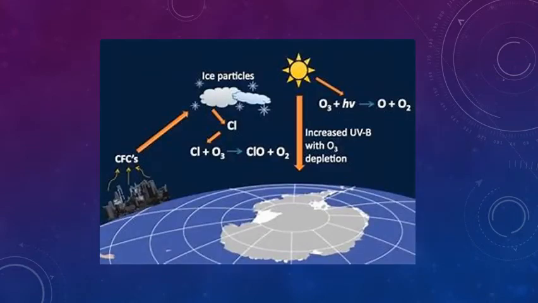Now, children, just a repetition of what I had told all of you. Because over Antarctica the temperature is very low, there are a lot of ice crystals in the stratospheric clouds which promote production of chemically active chlorine and bromine, which in turn leads to ozone destruction when sunlight returns in the Antarctic springtime. So here in this slide, you can see the depletion of the ozone layer over Antarctica.